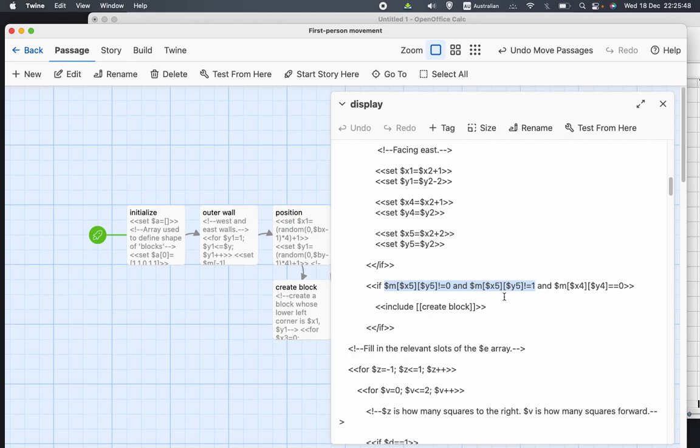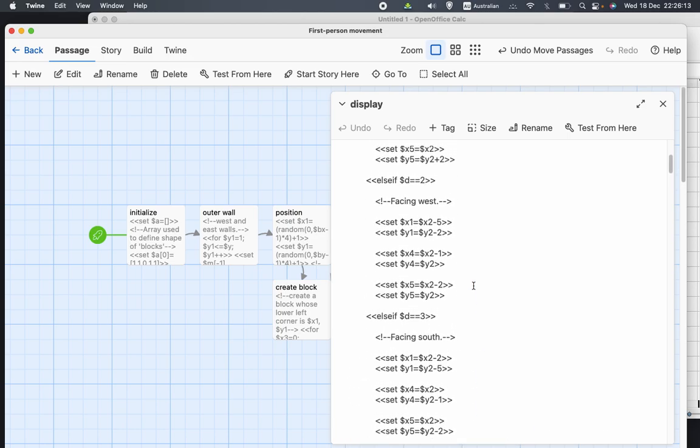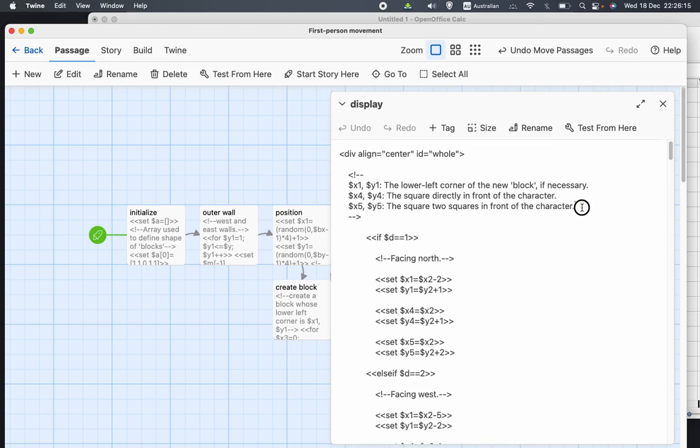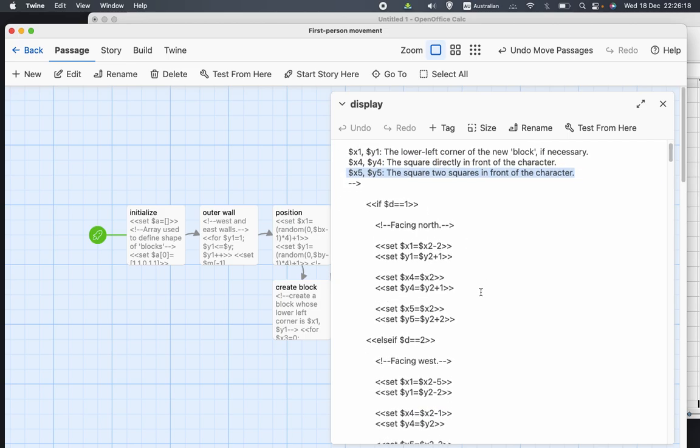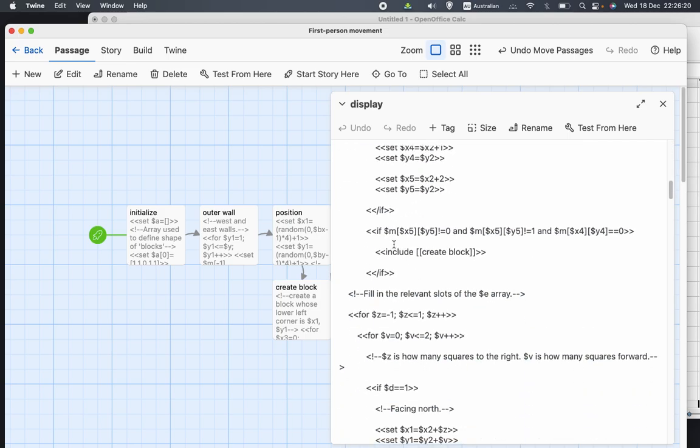So there's no single way to say, or at least I don't know of an easy way, to say if m x5 y5 is undefined. So the only way I could do it is to say if m x5 y5 does not equal 0 and m x5 y5 does not equal 1. In other words, if m x5 y5 is undefined, and x5 y5 is the square that is 2 squares in front of the character. So if the square 2 squares in front of the character is undefined,